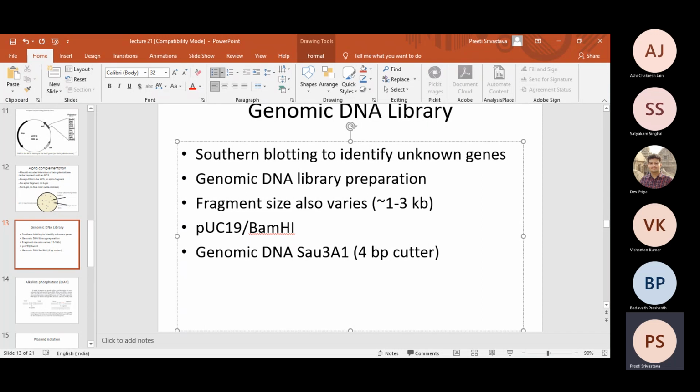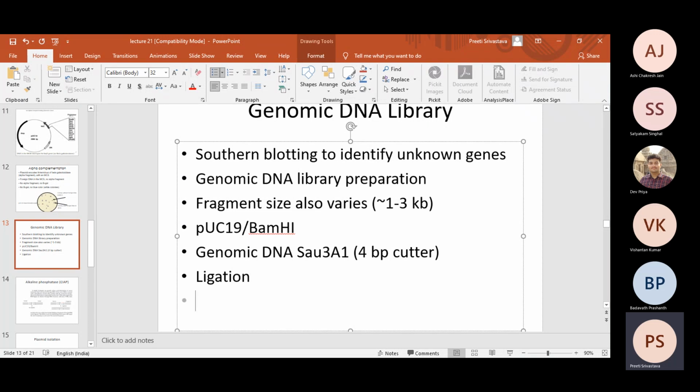So Sau3A1 is preferably used because, for example, if the insert size is less than 1 kb, or 1 to 3 kb, then you better go for a 4-base pair cutter and perform partial digestion and gel elute. Run it on a gel after partial digestion and gel elute the fragments in the desired range, right? And once you have this gel eluted fragment, you can perform ligation with the help of T4 DNA ligase, and then